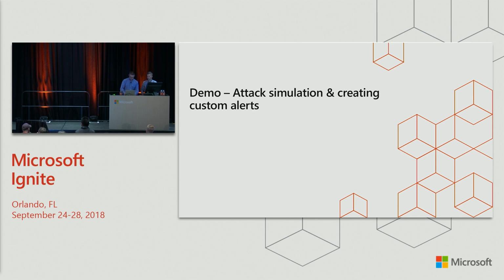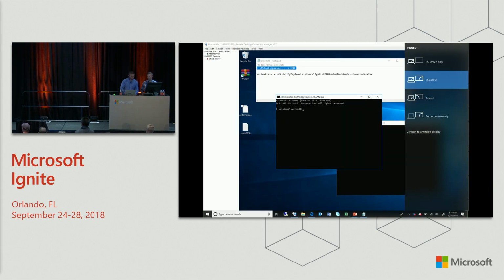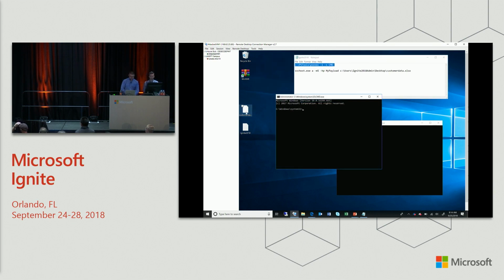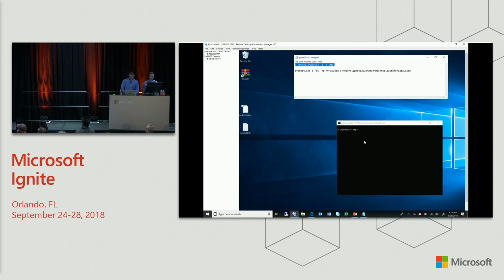I've just got a full screen. Okay, so I'm on a system that has some sensitive data. So just to set the stage here real quick, I've got this customer data XLS file. And so what I'll do is, starting from scratch, we're going to go ahead and